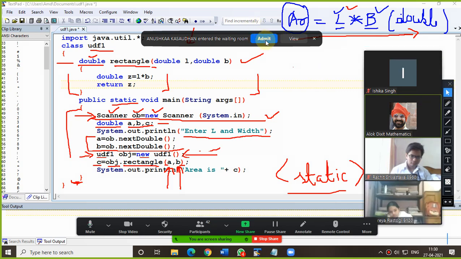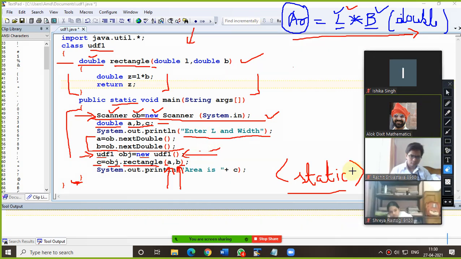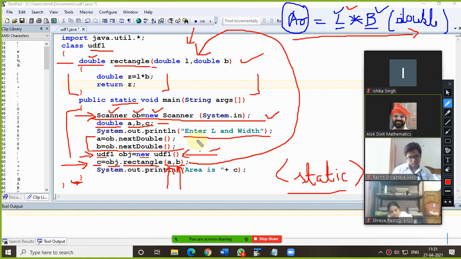Just a minute. Those variables we have passed here, which hold the values, and when the compiler executes this line, automatically from here your control moves to this part. That means the values of a and b are coming into L and B. So now see the difference between the UDF and the previous question which we were doing in class 9th.